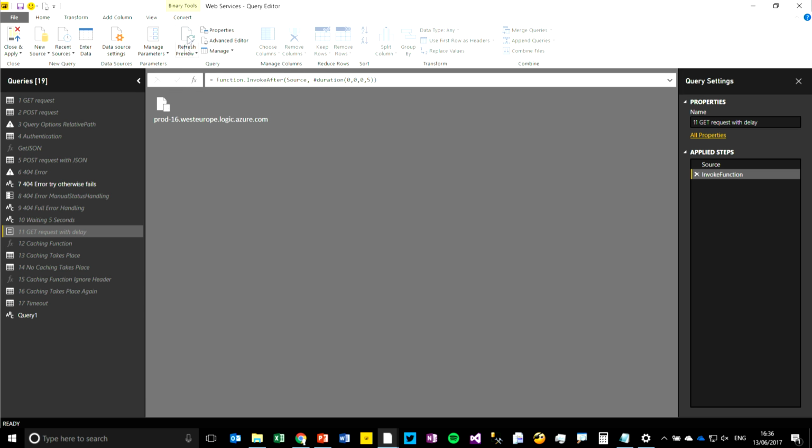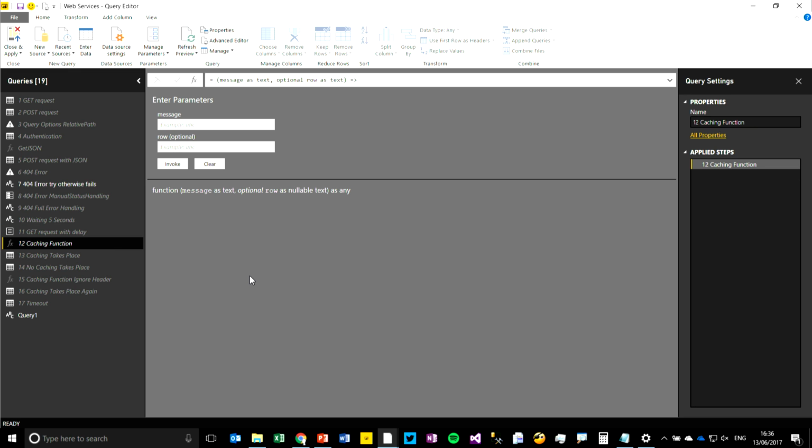And we can refresh that. You'll see that it goes 1, 2, 3, 4, 5. We might also want to think about caching as well. If we're hitting a web service lots and lots of different times, if we're making the same request over and over again, Power BI thinks, well, okay, it would be a bit silly to make that same request over and over again. So within a query, it will cache the return result of a web service. So if you make the same request multiple times, it will only make it once, and then it will use the cached